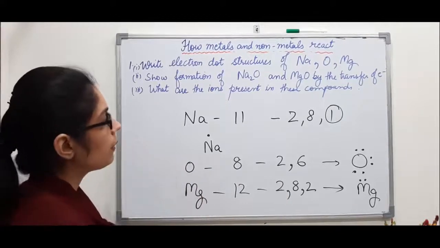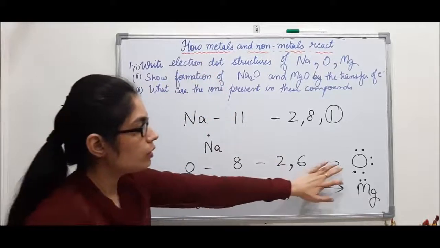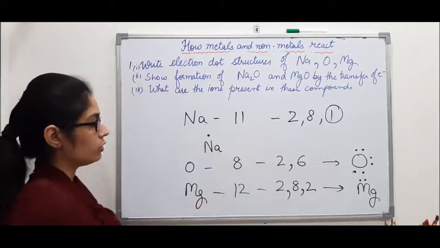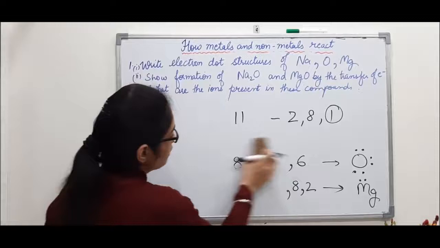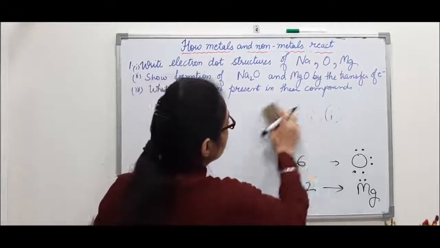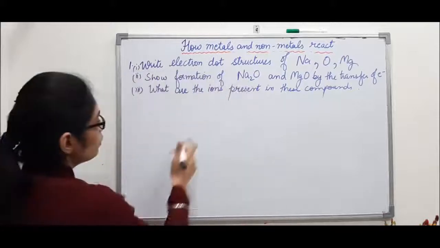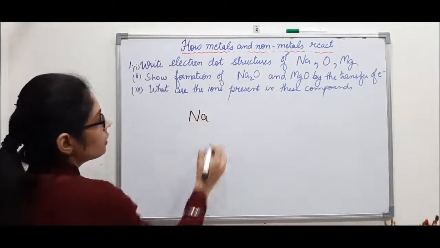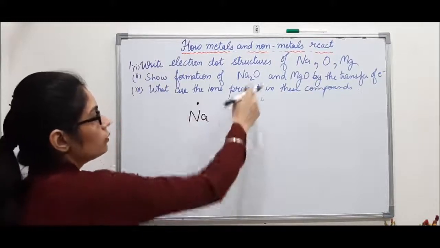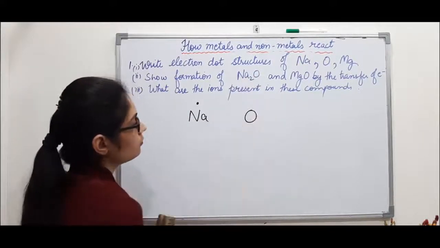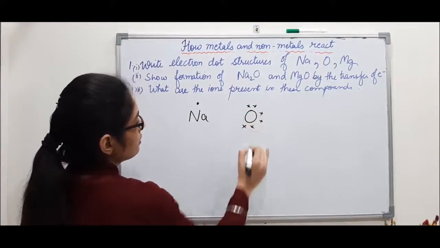Now let's get back to the question, part second. So this was part 1, only we have to draw electron dot structures. So in part second, we have to show the formation of sodium oxide and magnesium oxide by transfer of electrons. So sodium, just now we have done, number of electrons in outermost shell is 1. So in oxygen